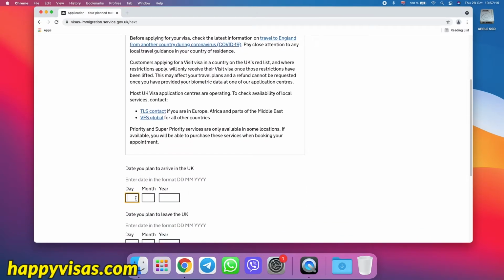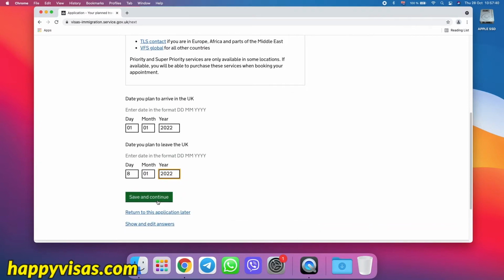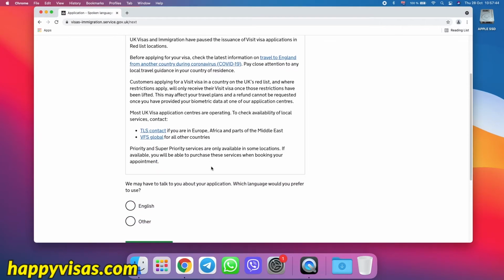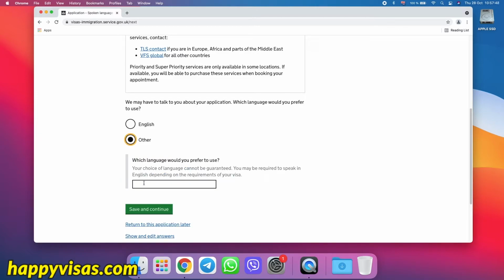Right, so let's say we're traveling 1st of January. And remember, you can only apply 3 months before date of travel. If you apply before then, they will refuse the visa. And let's say we're going for 1 week. And next, it will ask you that question again, so make sure you remember the dates. Later on it'll ask. Now, if they want to contact you, let's say you want to be contacted in Russian,